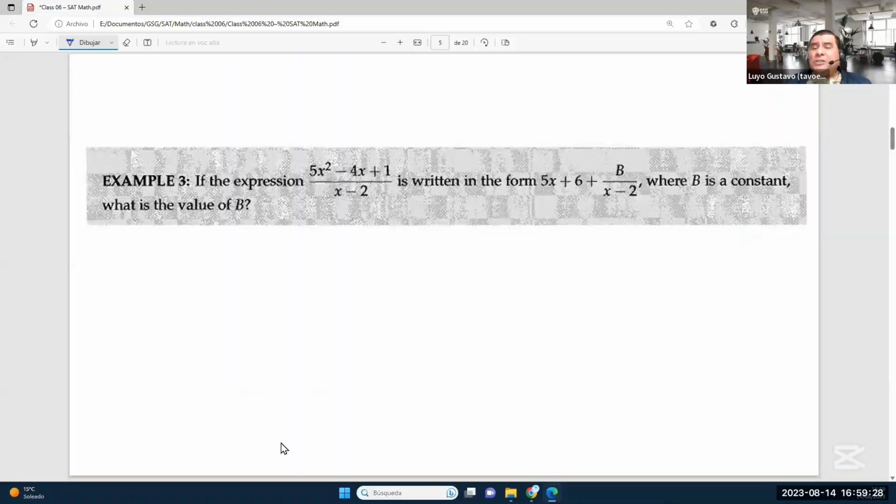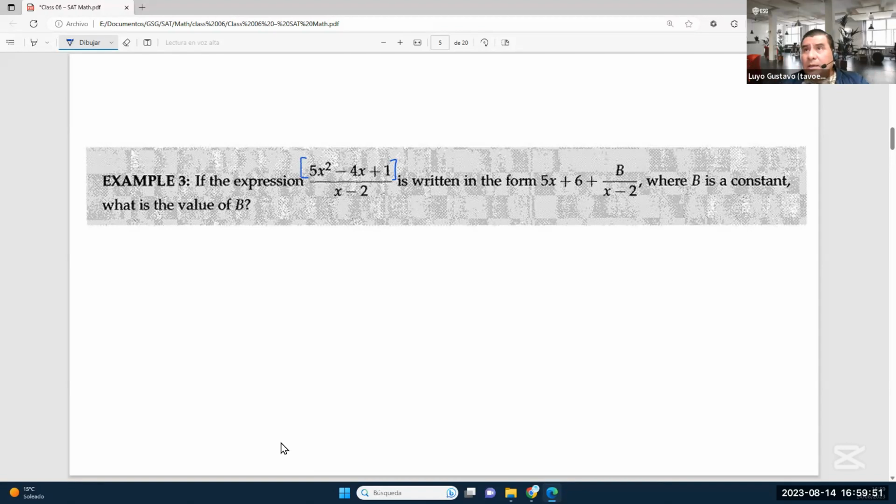It says, if the expression (5x squared minus 4x plus 1) divided by (x minus 2) is written in the form 5x plus 6 plus b over (x minus 2), where b is a constant, what is the value of b? Notice that if you pay attention to the form of this expression, you have here a polynomial of degree 2,